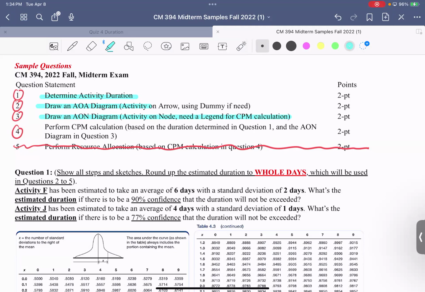When you do the question 4 with CPM calculation, you are using the information from your question 1. So that means if you do the question 1 wrong, your question 4 will be wrong, because your project duration will not be fully given to you. The activity durations will be partly given to you, and 2 of them you need to determine. So let's take a look